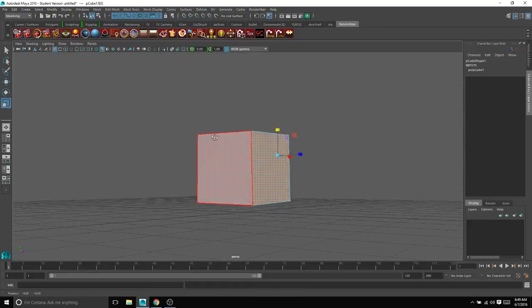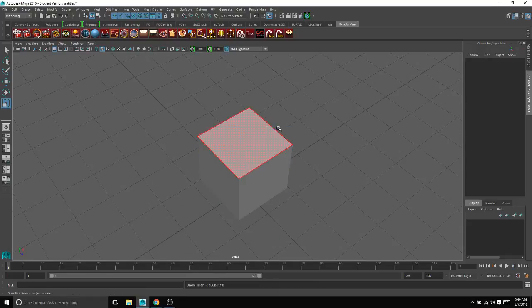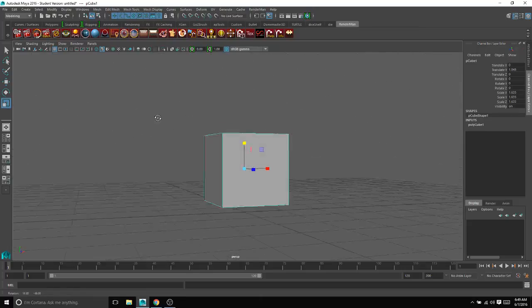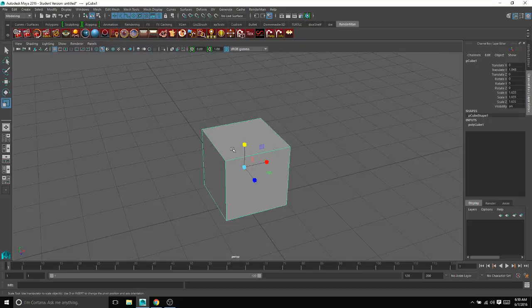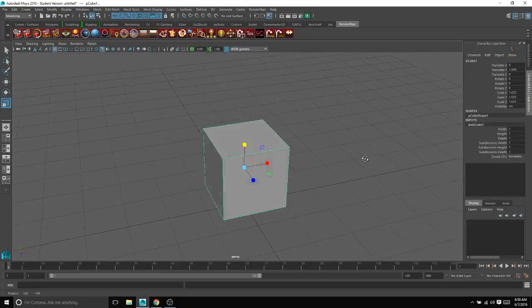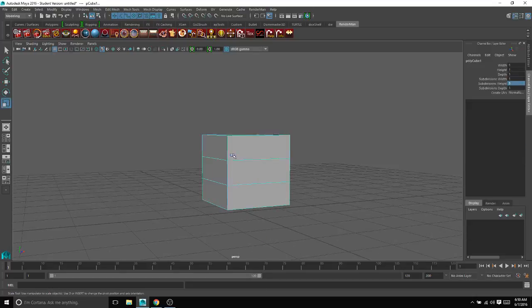So those are the main sub-object modes that we can affect and manipulate. And it gives us a lot of power to create shapes from these basic types of objects that we have. So if we went into the object here and added subdivisions, for example, let's say we wanted more on the height, we added 3. So we can